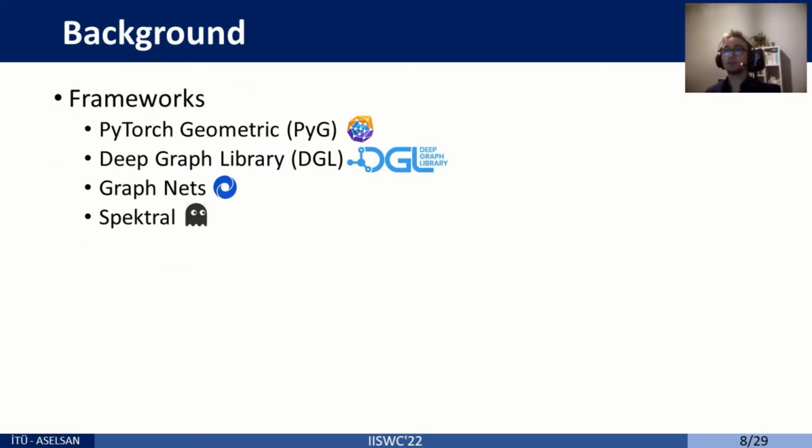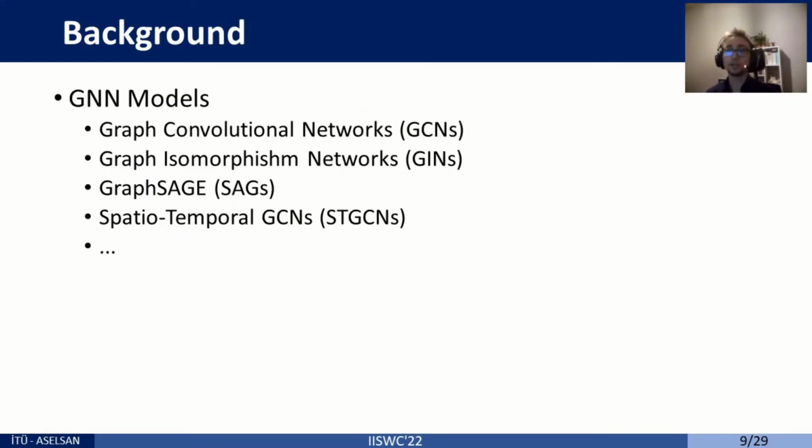There are plenty of frameworks to build and run a GNN pipeline. The most popular of these frameworks are PyTorch Geometric and DGL, where we imitate their implementations during the design of our core kernels by purifying them from PyTorch or other framework dependencies. On the other hand, there have been many types of GNN models proposed during the last decade. Each model has a specific formula for aggregating and combining the node features.